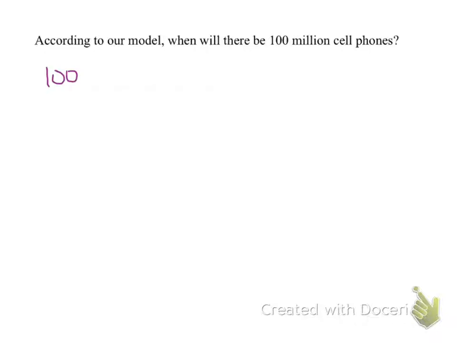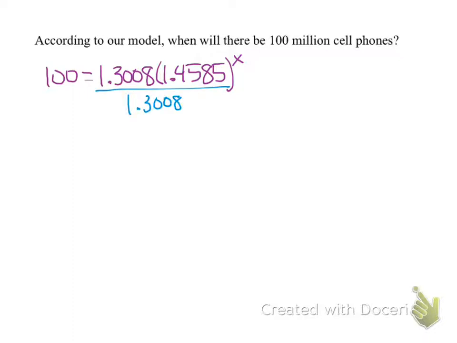So according to our model, when will there be 100 million cell phone subscribers? Well, we would need to plug 100 in for our y, and now we need to solve this for x. So if we use our graphing calculator, it's just going to give us an approximation because we can't plug in an x or a y value in our graphing calculator. So to solve this, we're going to divide both sides by 13008,